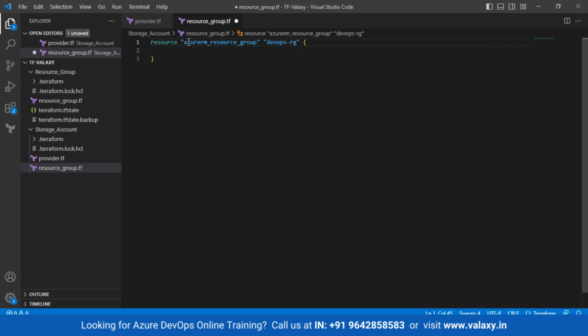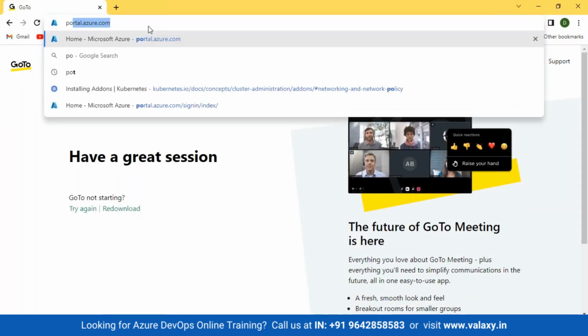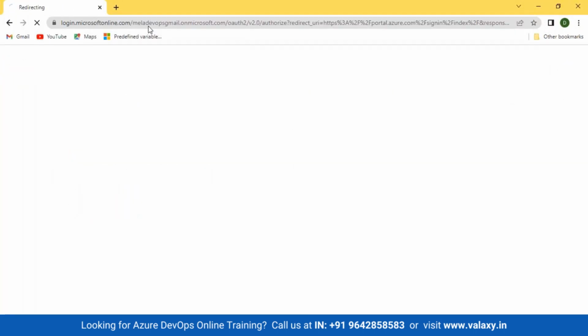So this is the local name for the resource group I'm giving. Okay. Now, when you create a resource group, there are two things which are required. First is the name, what you want to create on the cloud. And second, the location. How do I know? So if you go to your resource, when you try to create the resource group,